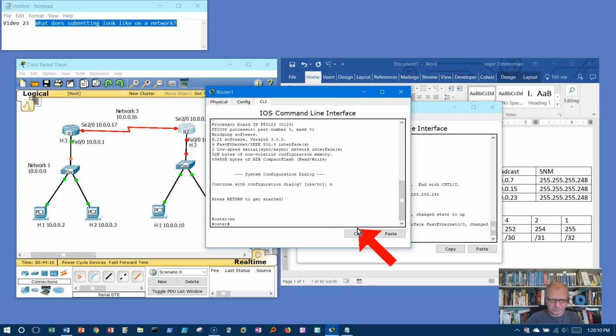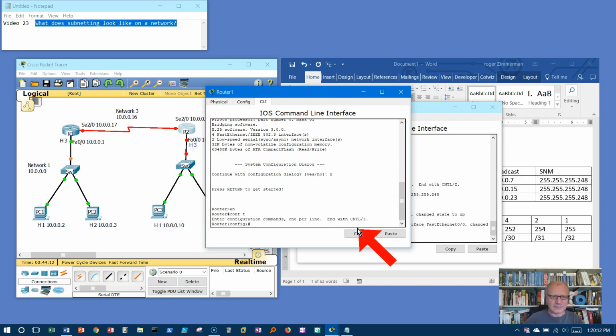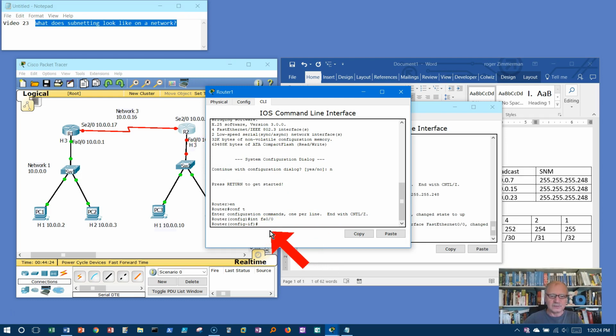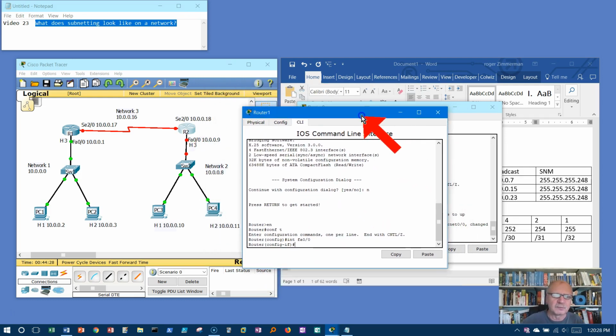Enable, configure that, and then I need to go into the interface. Interface, what was this one? FA00 again, okay. FA00, and I'll put the IP address on there. What is the IP address we want? 10.0.0.9. IP address